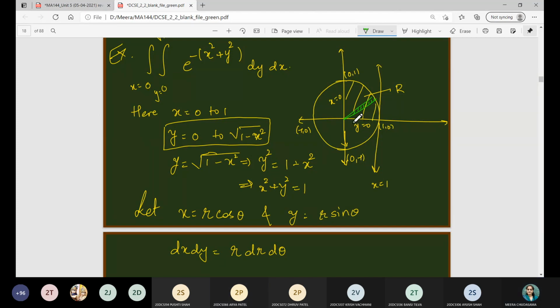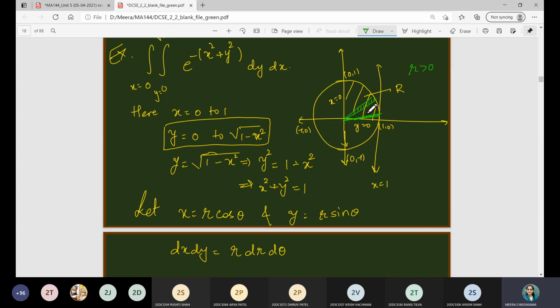0 to 1. r is always positive because it is a radius. So it will start from 0 to... For each and every point in this whole region in the first quadrant, if I take a strip here, it will move from this point to this point, this point to this point. Each and every point, since we are given a circle, it will vary from 0 to 1. If this were not a circle, the corresponding radius would also change, right? This you have to keep in mind.